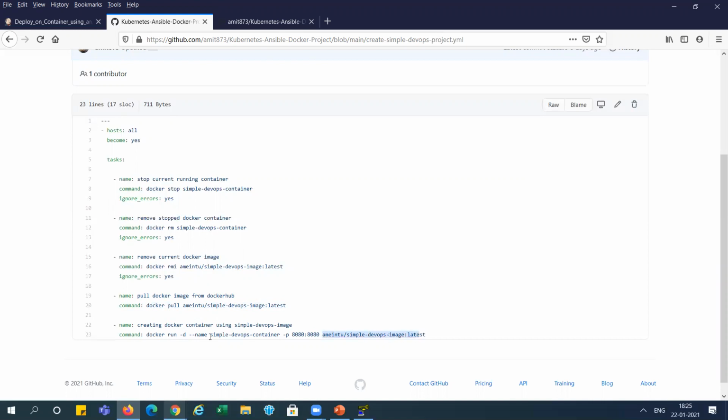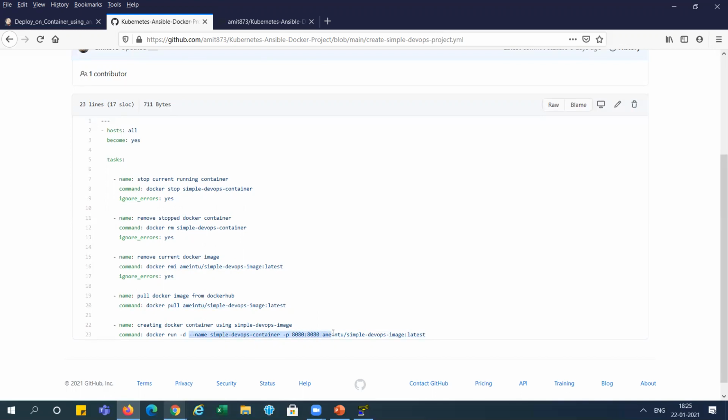You can see this image and run it. This is the name of the container, and this is the port number. It will work, but when we run it again and again, we need to release the port, because we cannot run multiple containers on the same port. So what we did for that is, we first stop the container, and we remove the container. After that, we remove the images. Then we pull the image, and deploy that image on the same port again.